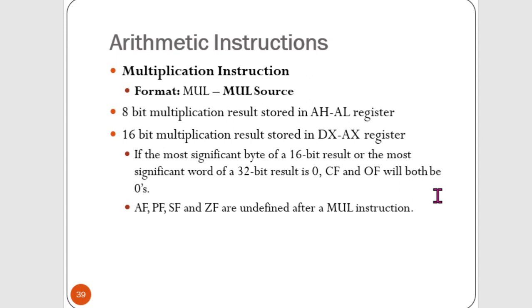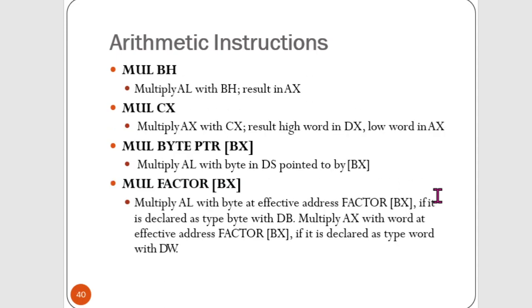Then flag registers will be affected as usual. See the example, mul BH. When you perform mul BH, what will be multiplied? It is AL with BH always. AL is the default if it is an 8-bit register. See here, BH is 8-bit, so the multiplication will be performed with AL only. In the next example, you see it is mul CX, so it is 16-bit. So the other is also going to be 16-bit, which is AX. And the result will be saved in DX AX. Now, mul byte PTR,